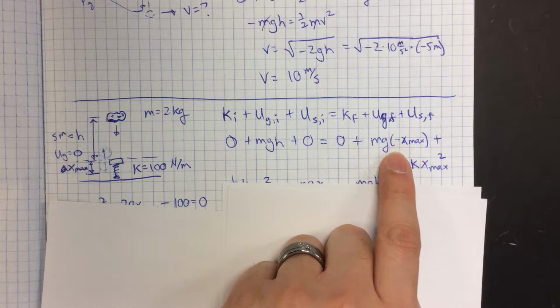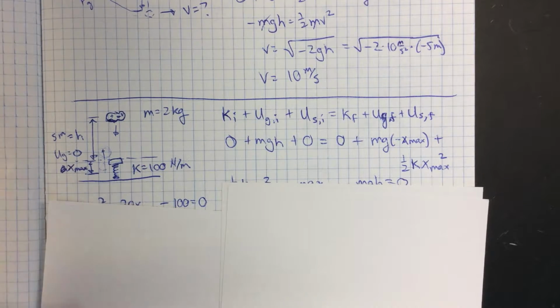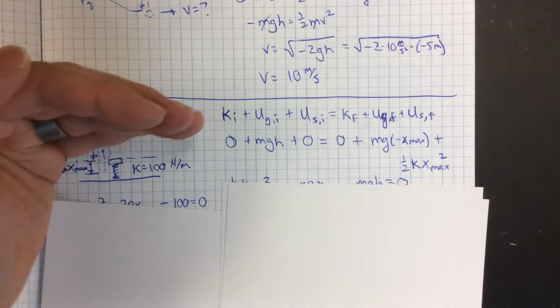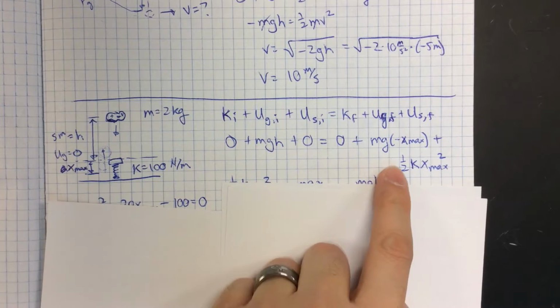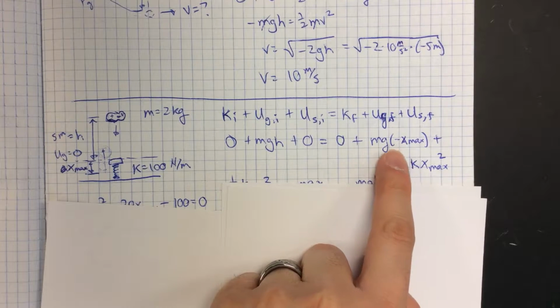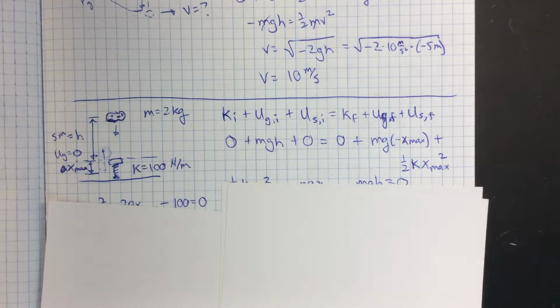Because I put the negative there, that implies that as the spring compresses, that is a positive x max value. A positive x max value is giving me a negative gravitational potential energy. You can switch this around if you want, but this makes sense to me how I'm measuring what a